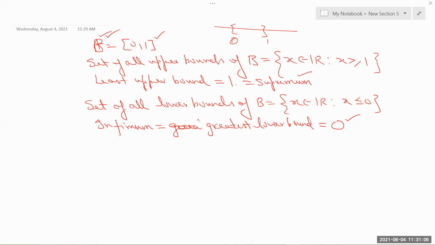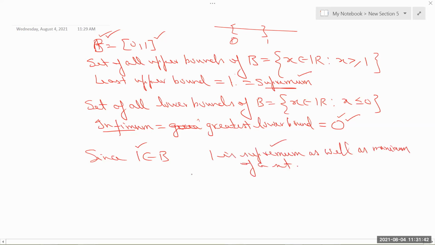So here you see this is the supremum and this is the infimum. In this case you got both supremum and infimum. And also notice that one belongs to this set. Since one belongs to B, I can also call one the supremum as well as the maximum. And similarly, 0 is also a member of the set, so 0 is the infimum as well as